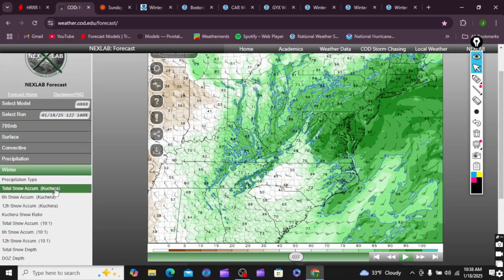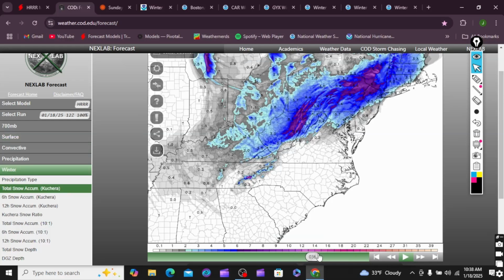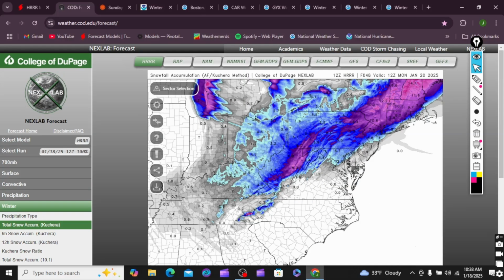Now let's take a look at the total snowfall, and yeah, pretty much I see it like this. Eastern Pennsylvania, you're looking at 6 to 10 inches. Northern Pennsylvania, once again, 6 to 10, spots maybe 11, 12 inches. New England area, generally 6 to 12 inches, I would say, across these areas up here.